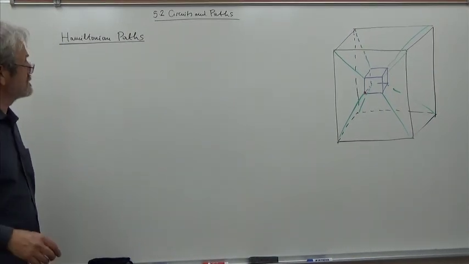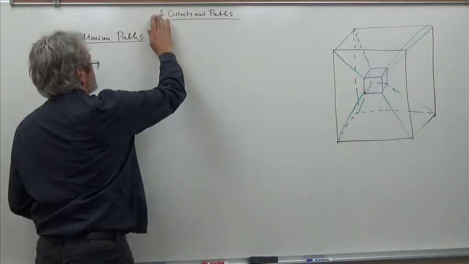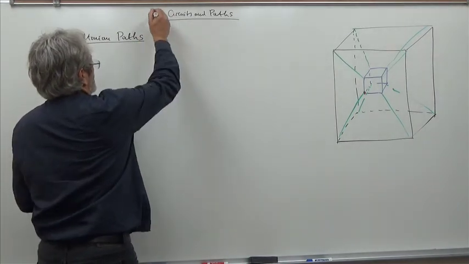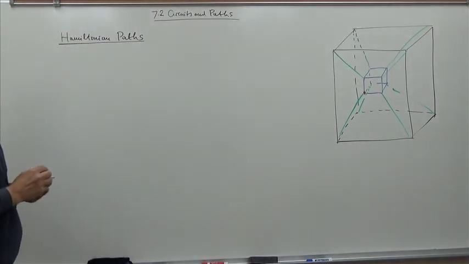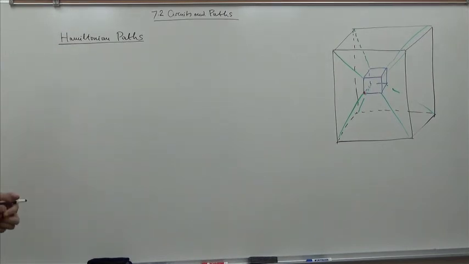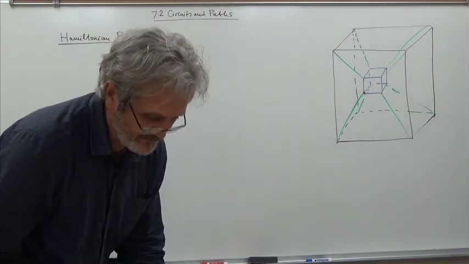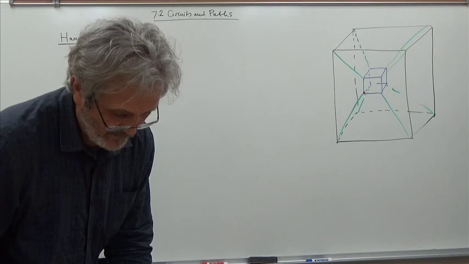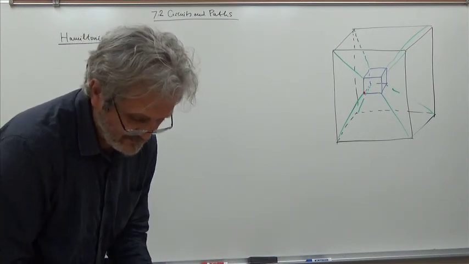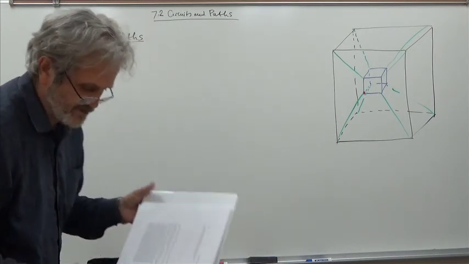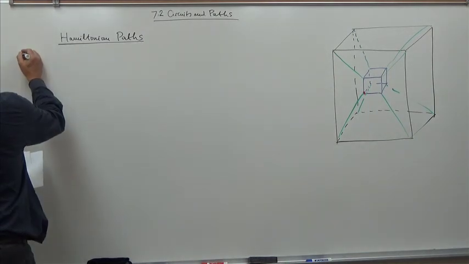We continue section 7.2, circuits and paths, talking about Hamiltonian paths. So definition and Hamiltonian circuits. Definition 7.2.4